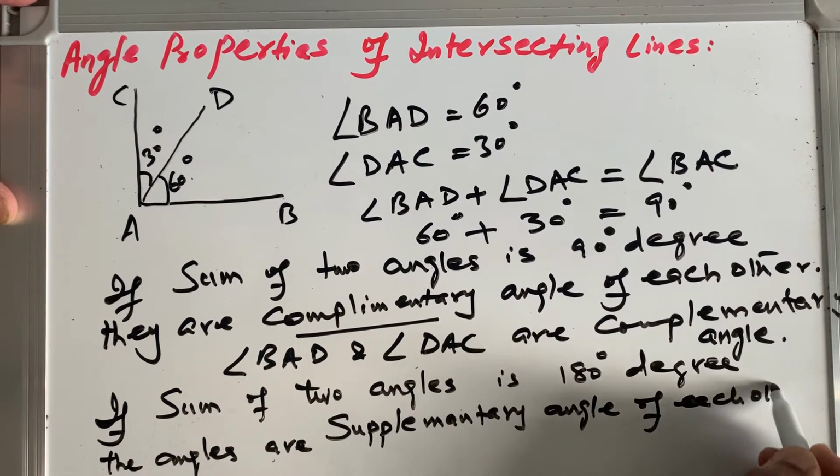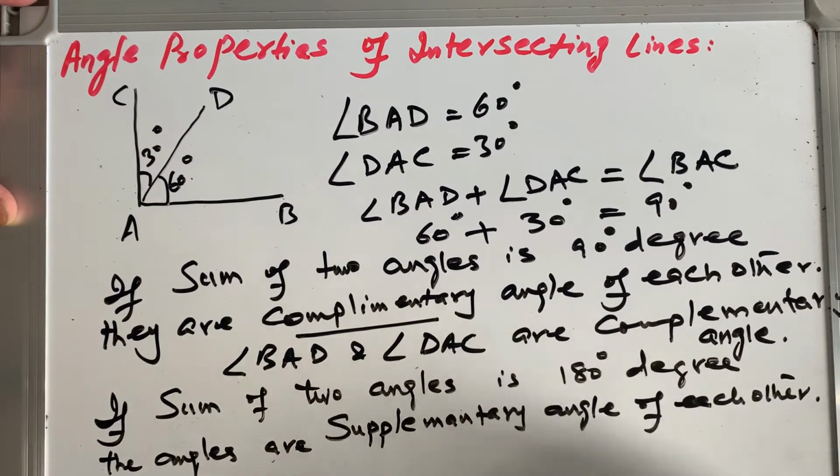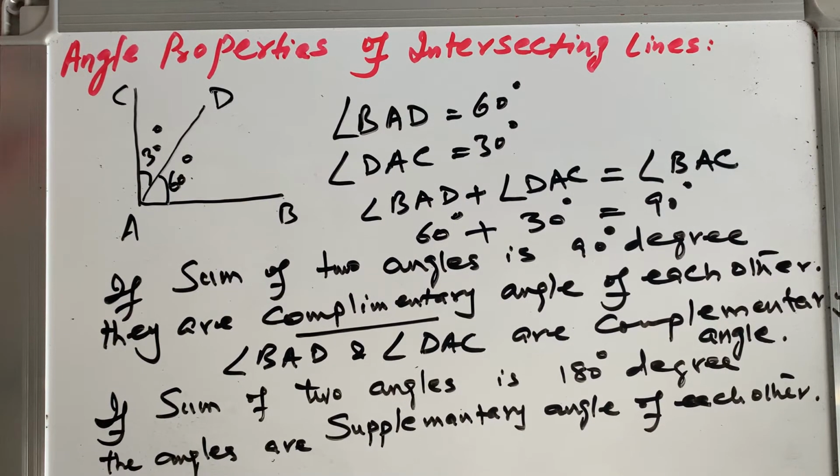So these definitions are also important, because if this relationship is given, then the other angle can be known, right? If we say that two angles are supplementary to each other, and one angle is 120, what is the other angle? So we can subtract from 180 to get the other angle, because we can also show it like this,